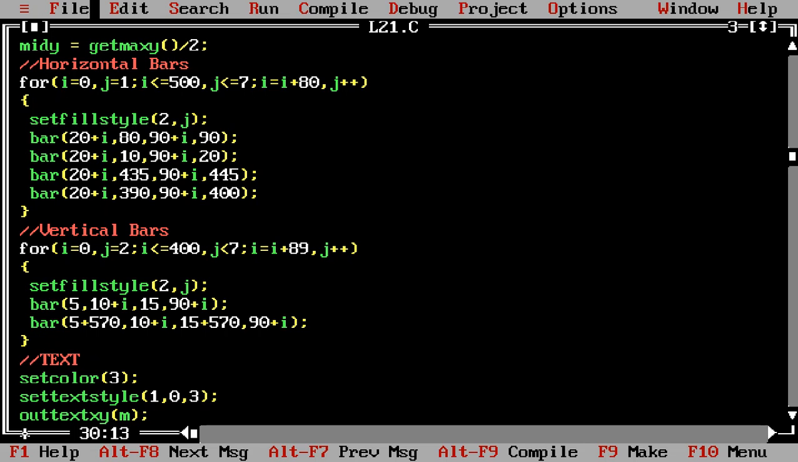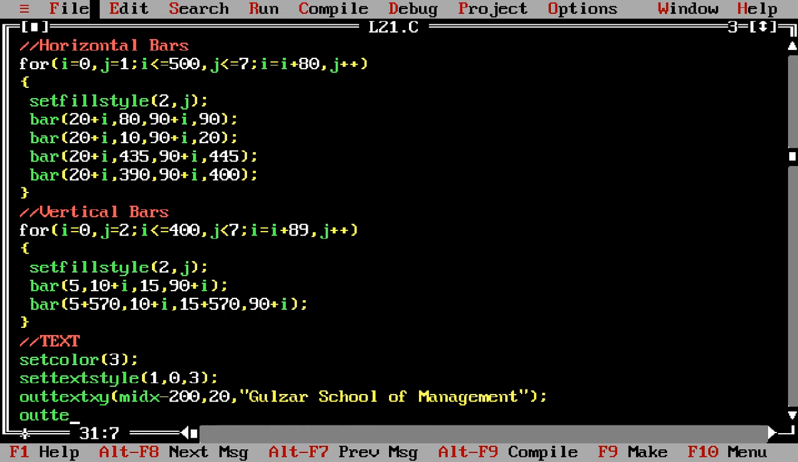First one is location, and then you have to write the text whatever you want to write. My college name, Gulzar School of Management. Then again in the second line, outtextxy. I'm going to write my department name, 270, then 45 in double quotes,